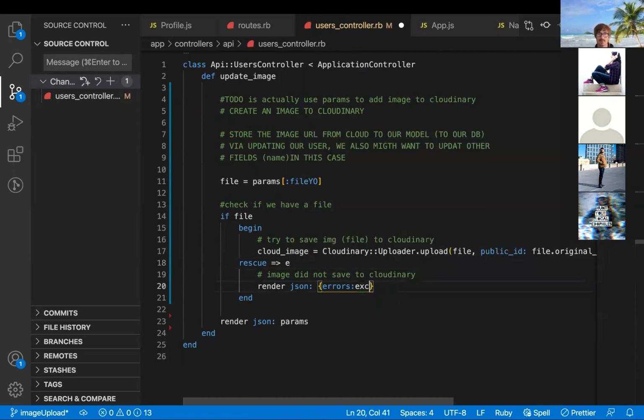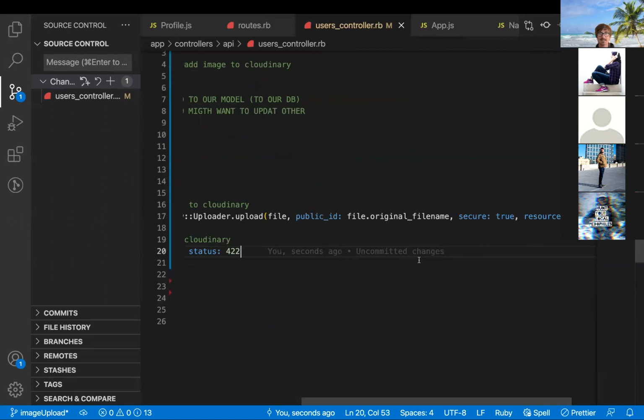So we'll just render that, and we'll do a status. Okay, if this does successfully save,